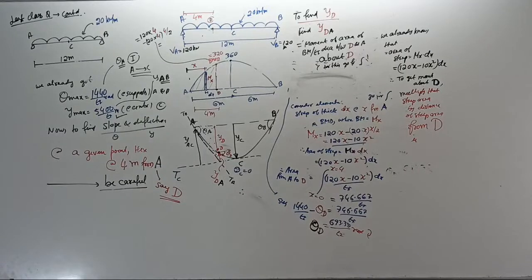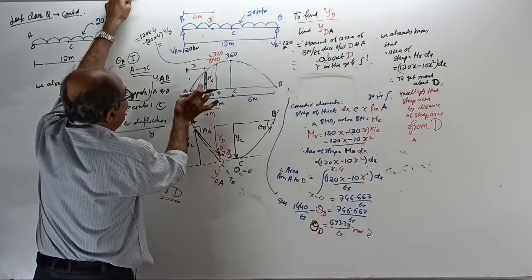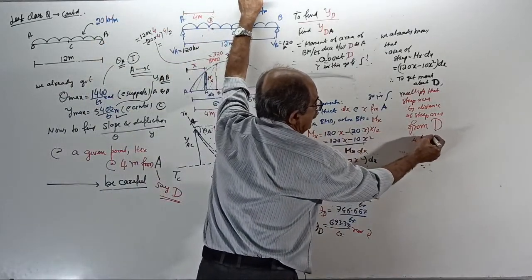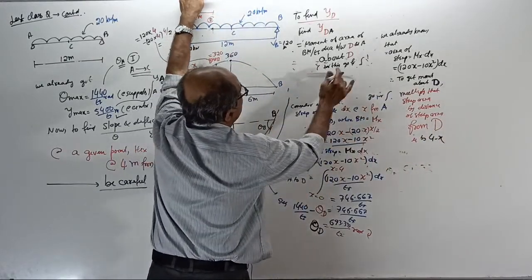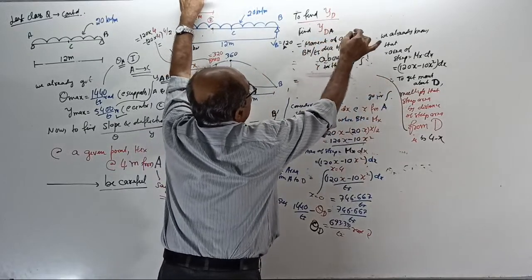Multiply with the distance from D. What is the distance of the strip area from D? When this is 4, this is x, so it is 4 minus x. Therefore, directly you can write,